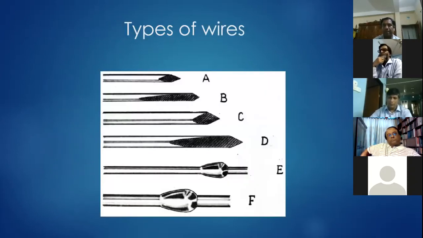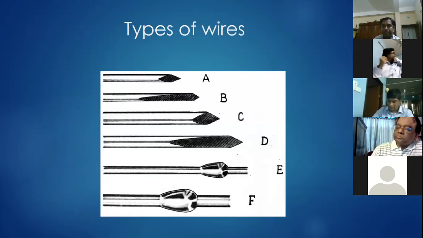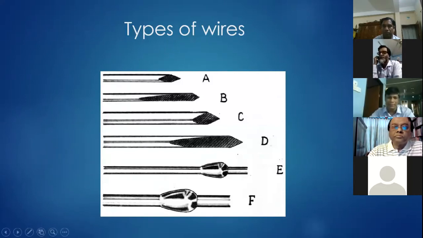Types of wires. The diameters of the wires we usually use are 1.5 millimeter, usually used for children, and 1.8 millimeter, usually used for adults. For cortical bone drilling, we use wires with bayonet tips. Here in the picture, B and D show the bayonet tip, and for cancellous bone drilling, we usually use